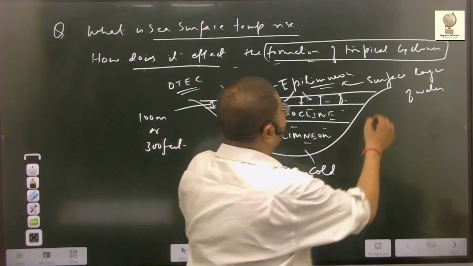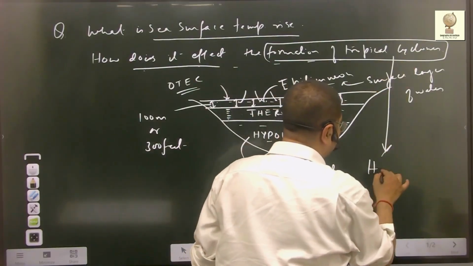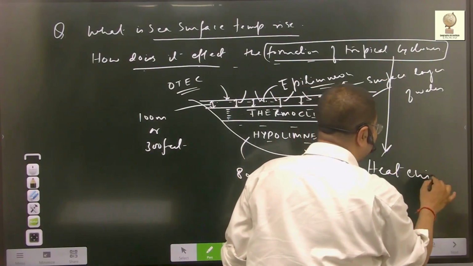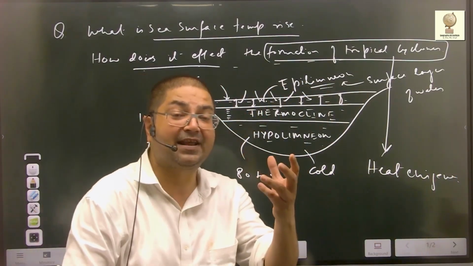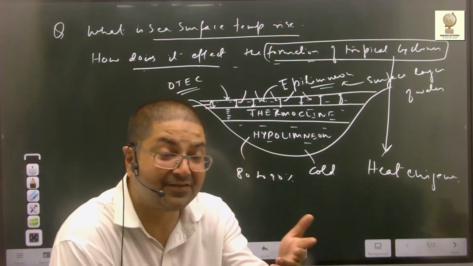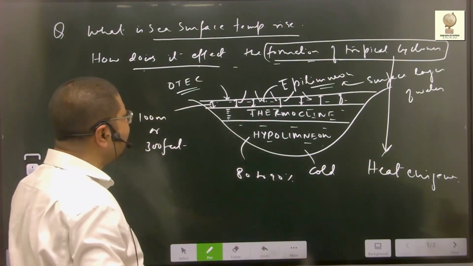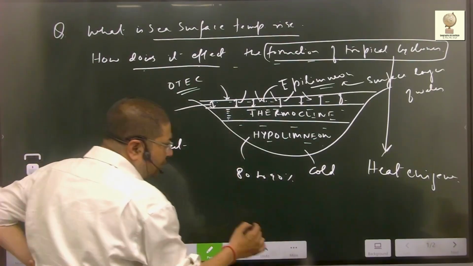Formation of tropical cyclone, I told you, tropical cyclones are what? Heat engines. The technical definition: they are heat engines which are energized by latent heat of condensation. Now, what is latent heat of condensation? See, when